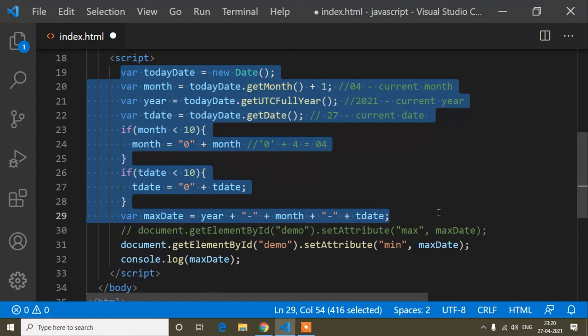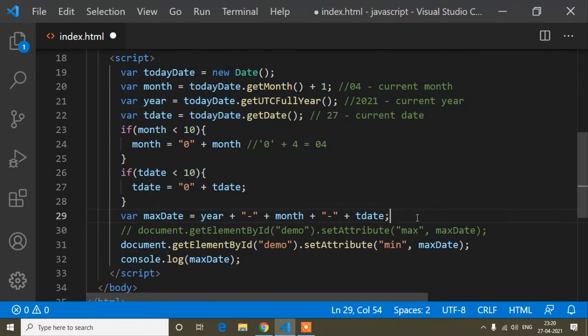So for disabling the future date, and for the min date, you can do the same thing inside another variable. But for showing purposes I'm not doing it here because the video will be so long. So here for the min date, suppose you can select the min date up to 18 years. So here you can write minus 18. So the min date you can select is up to 18 years.